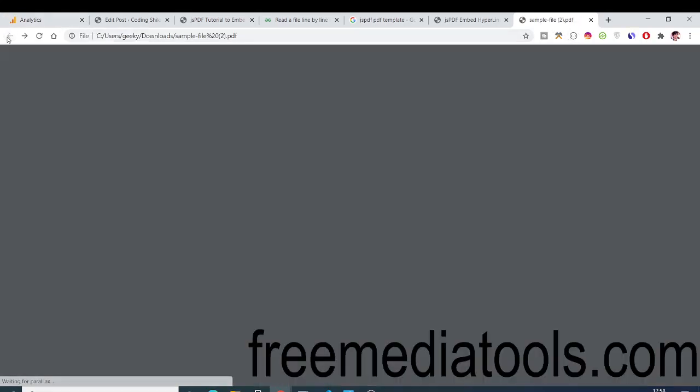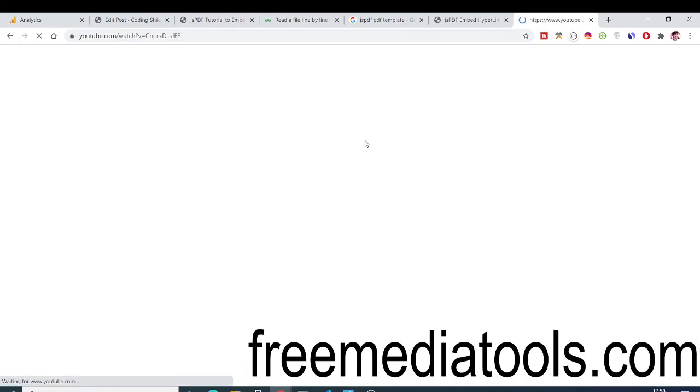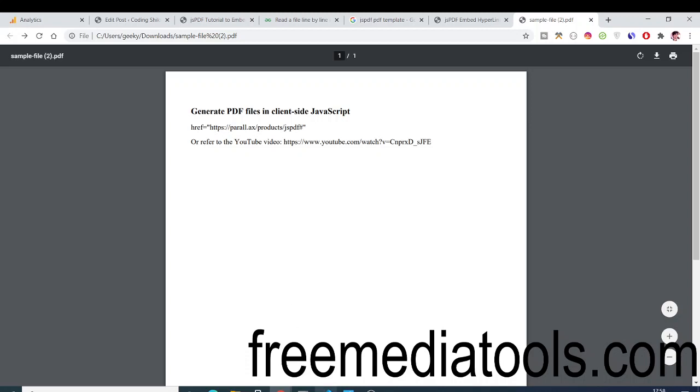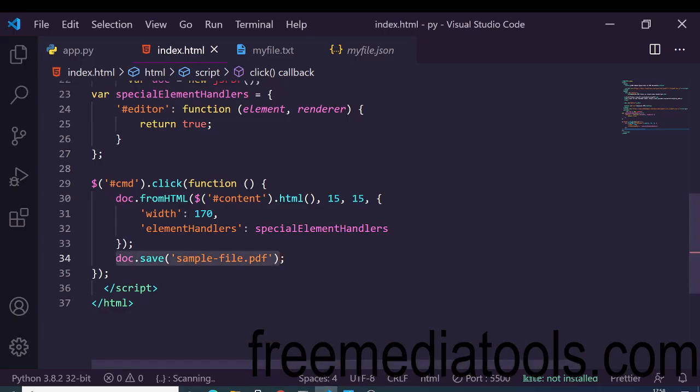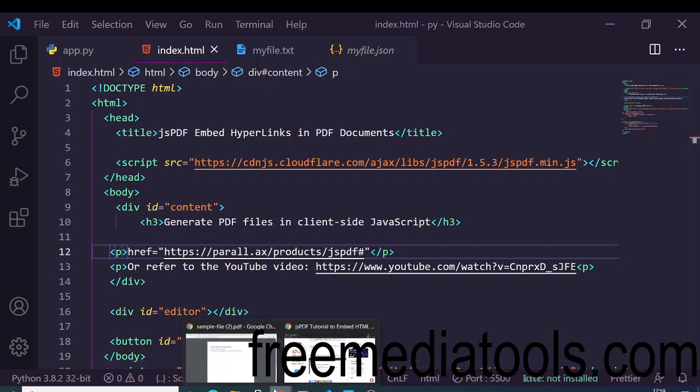So in this easy way, you can embed HTML hyperlinks that point to a domain. You can see it will also point to a YouTube video as well. So you can also do this. And if you click this, we need to open this in a separate tab. For this, you can add a target attribute here inside. So this is the actual thing that you can do.